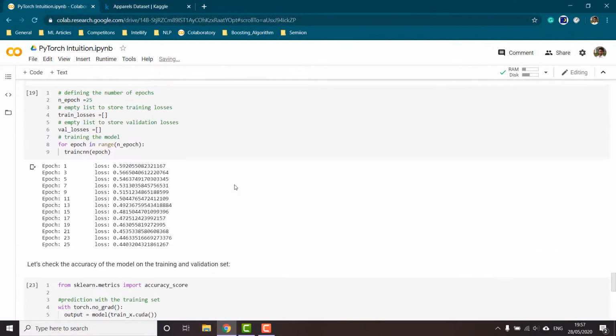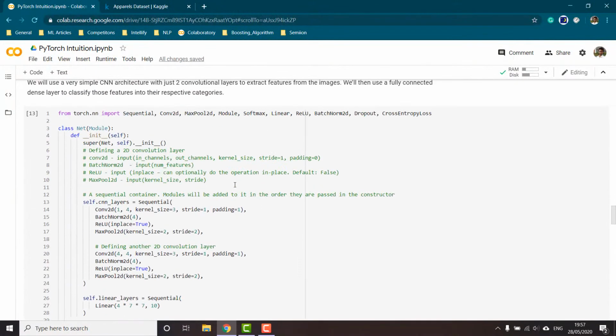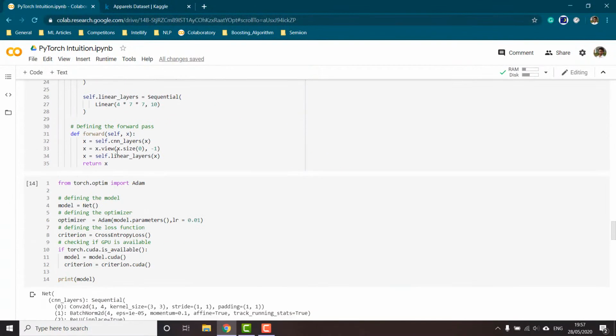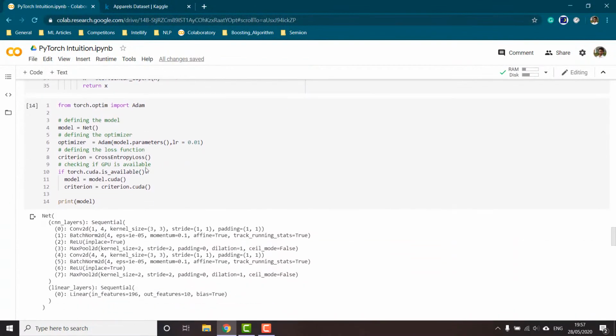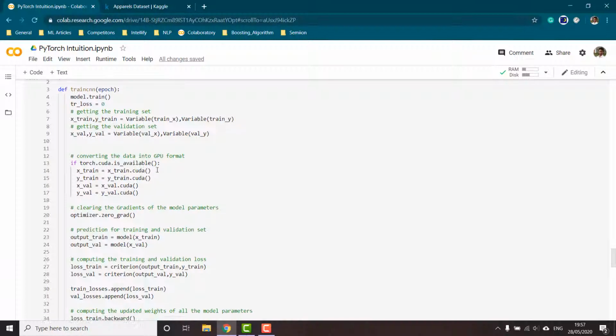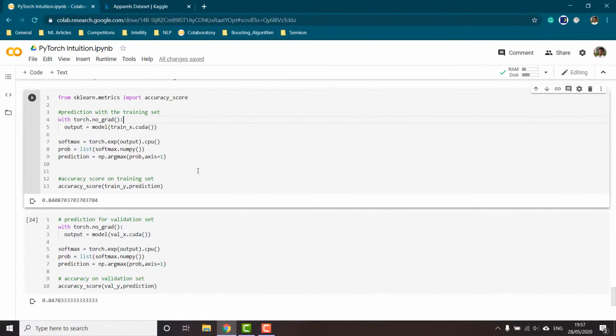In this lecture, we saw how to load data, convert it into torch tensors, then define our model, then our loss and optimizer, the training process with and without GPU, and then at last we showed the accuracy score on both the training and validation set. Hope you all like this lecture. Thank you.